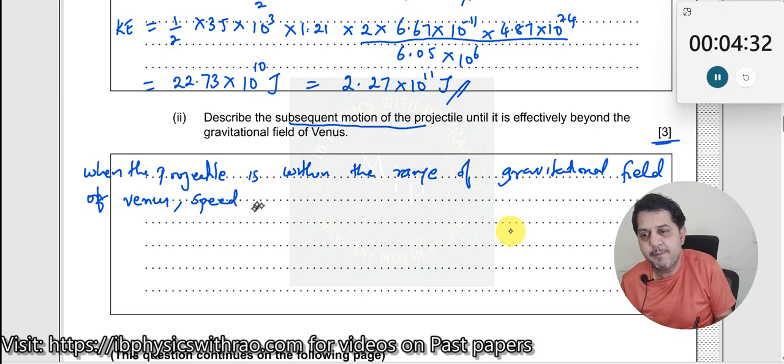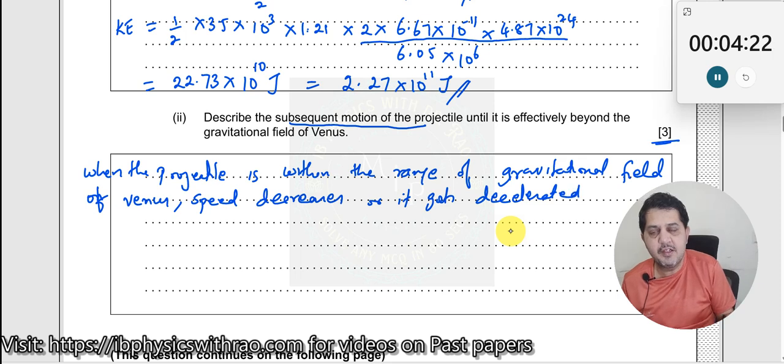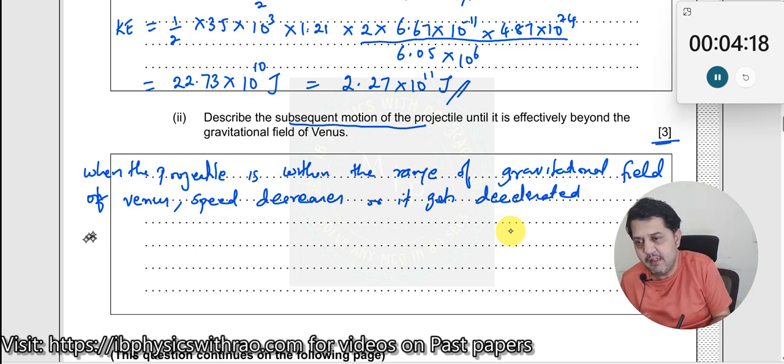Speed decreases or it gets decelerated. So what have you mentioned? Only when it is within the range of gravitational field. Okay, beyond the gravitational field,